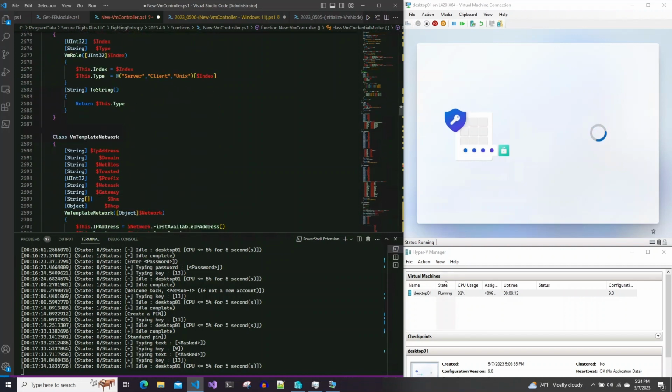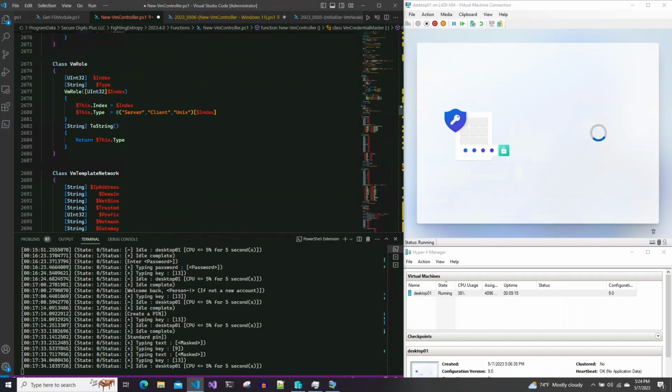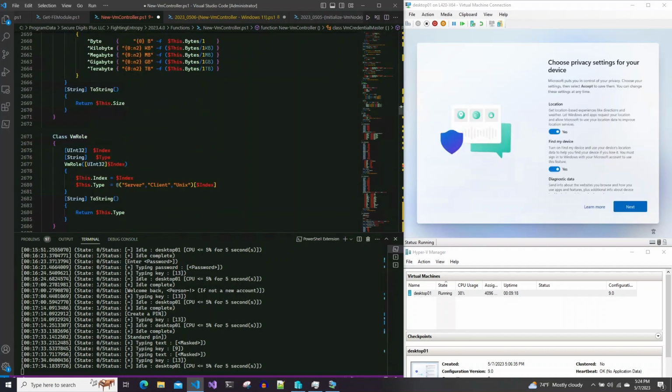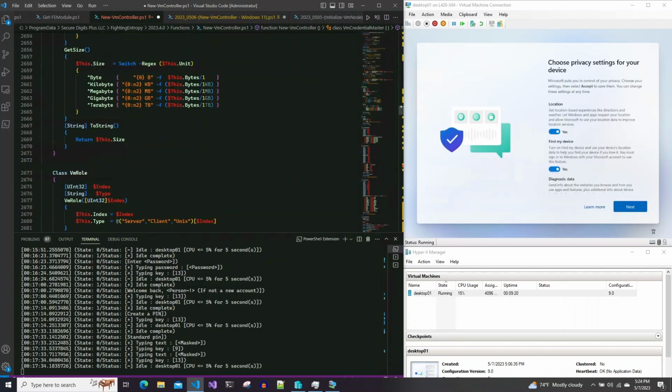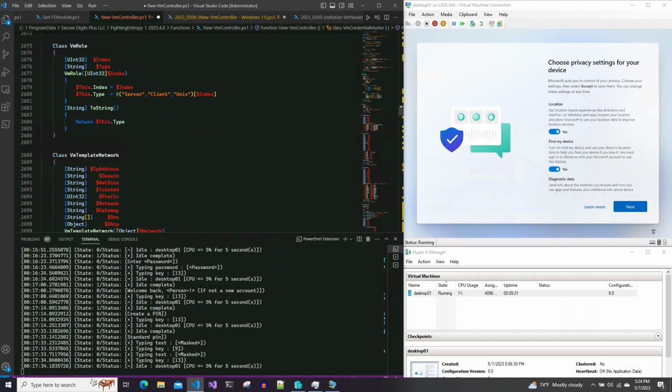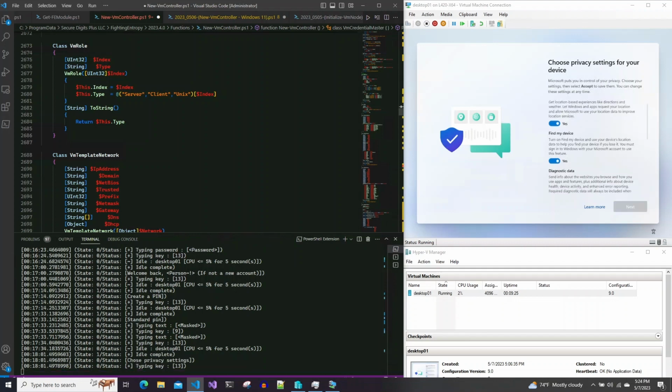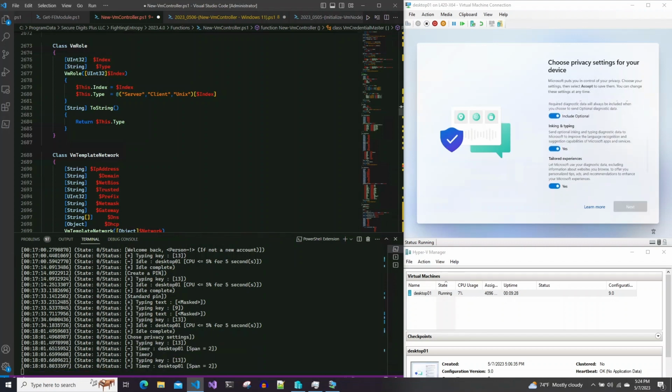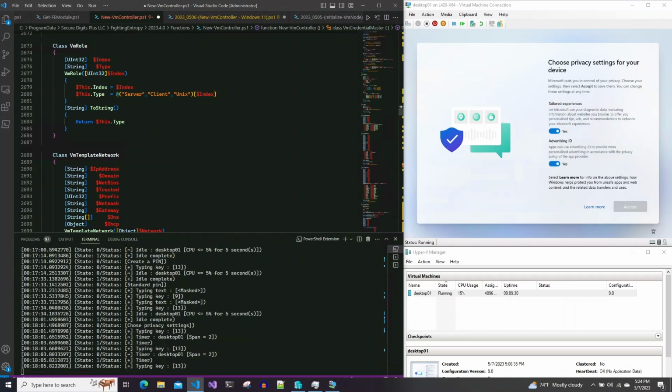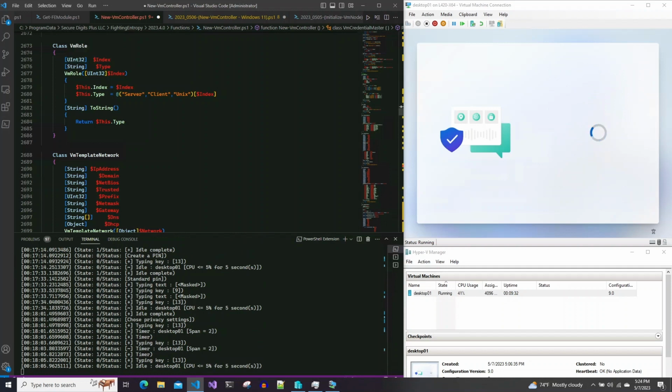up above, the one for the image byte size. And all that does is it just makes it easier to read the information on the screen for how large something is. And then you got the VM role, so to be a server, client, or Unix, I still have to expand upon that, and I'm thinking about other things to add to this, but the idea here is that